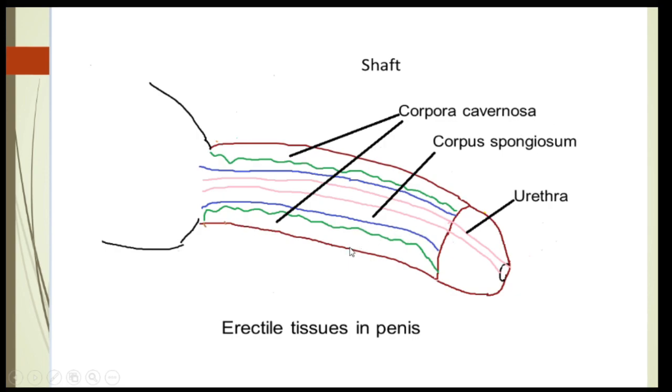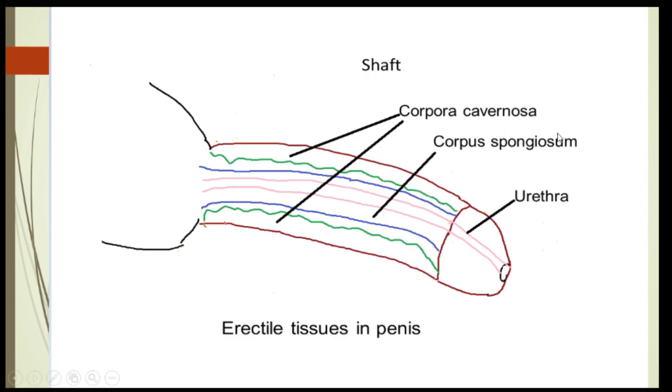Laterally means away from the center, this is the lateral side, and they are found on the top or upper region, so that's why dorsal side. Hence it is said that corpora cavernosa are found dorsolaterally, and this corpus spongiosum passes through the center. And you can see I have shown in the pinkish line there is a tubular structure which is passing throughout the corpus spongiosum, and this structure is called the urethra.